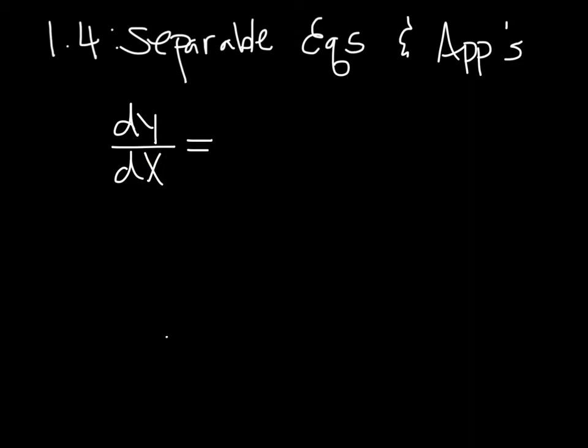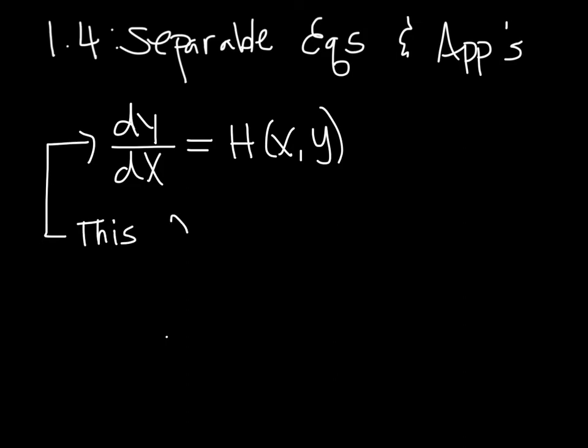But sometimes we have more than one variable. It's a multivariable function. So what if our differential equation can be expressed as a function of x and y, or u and t? It could be any variables depending on what physical quantity you're talking about. Okay, so let's go ahead and write this down. This obviously is first order, because the highest derivative is 1. This first order differential equation